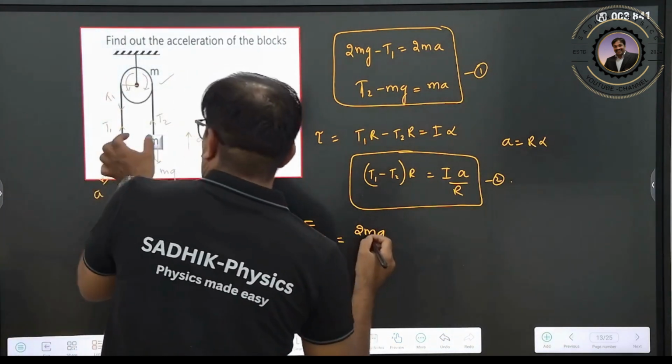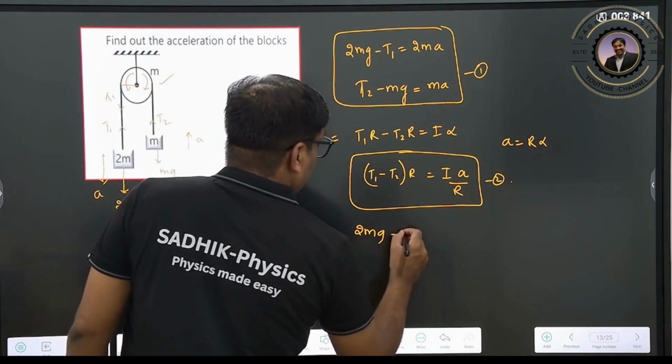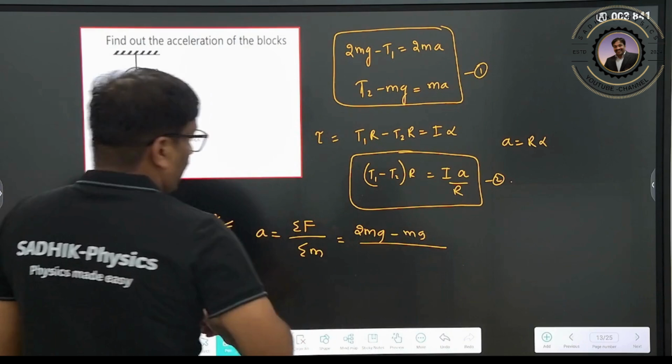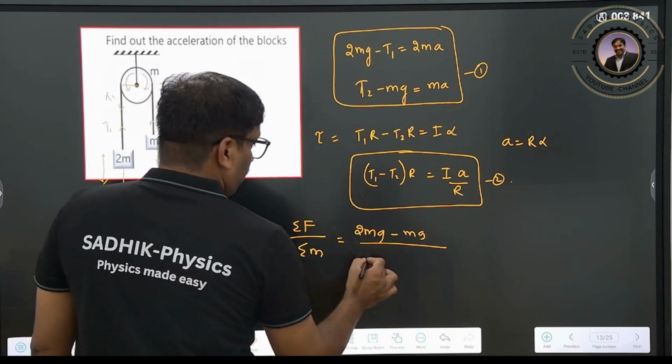So you need the total net force. How much is it now? This side is pulling, and this side is pulling onto this, minus, therefore it will be mg divided by the total mass of this one. How much is the total mass now? Total mass. So therefore here